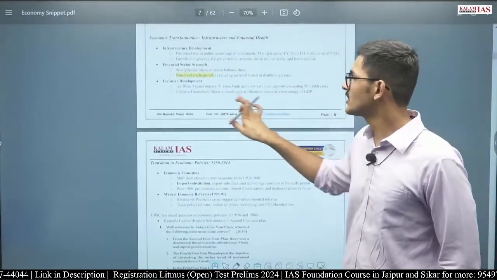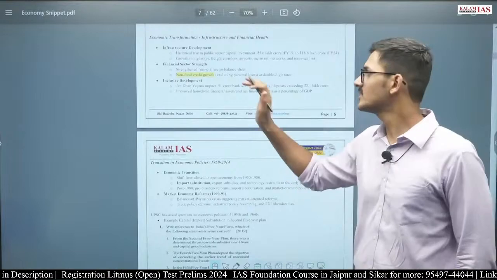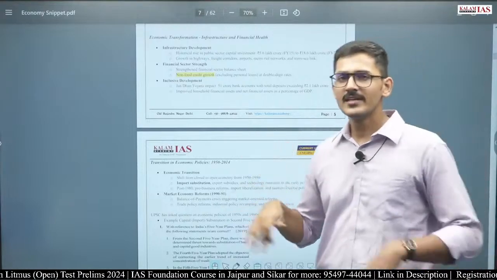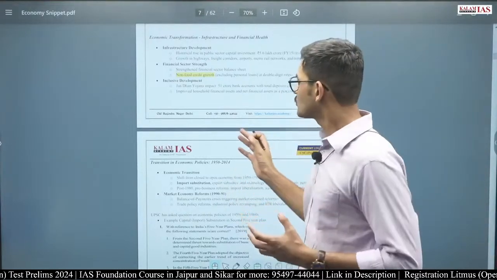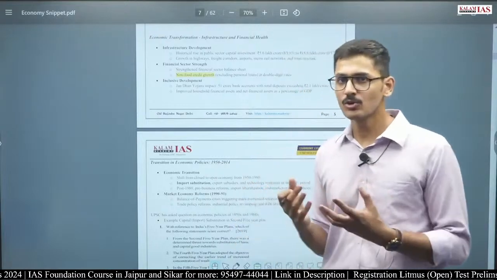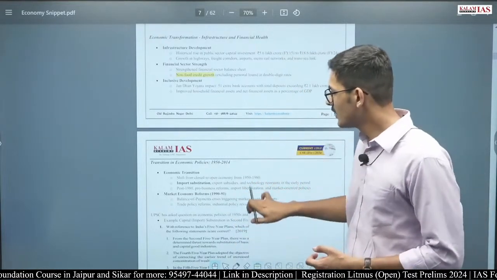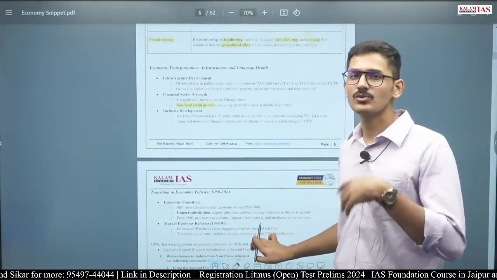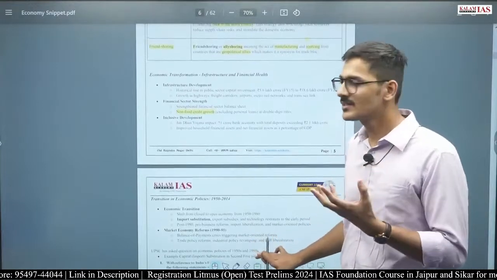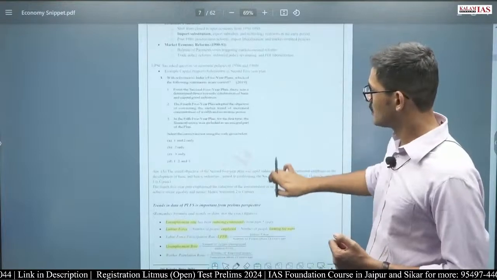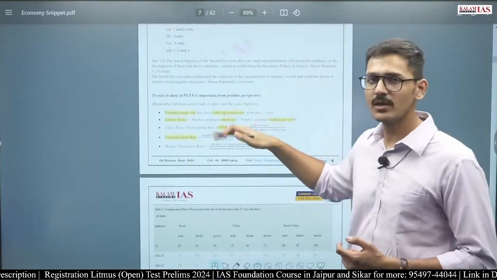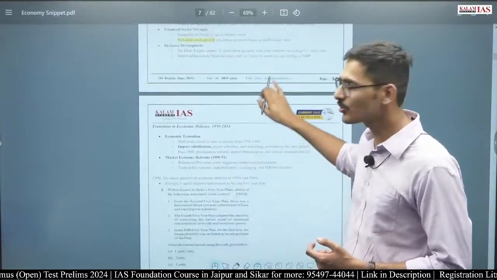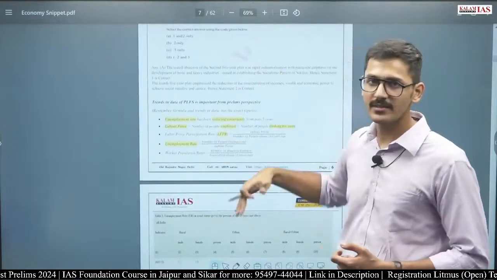Now there is one more term which is given here, non-food credit growth. The statement says that non-food credit growth is at double-digit rates. It is growing at about 13% per annum. So we should understand what non-food credit growth is. This is how you read the documents. You first see what term is being used, and you try to understand it, you Google it, what does it actually mean. The meaning of this term will come in the further slides. This term, non-food credit growth, will be explained in detail in the pages following.